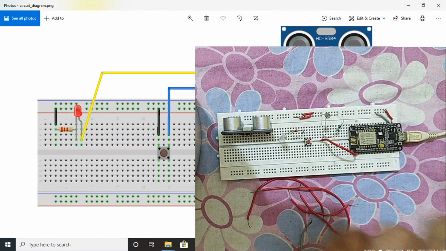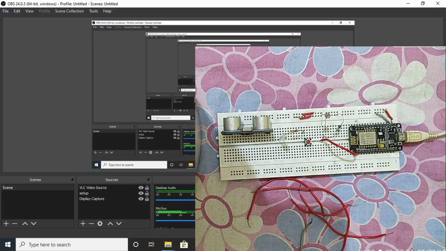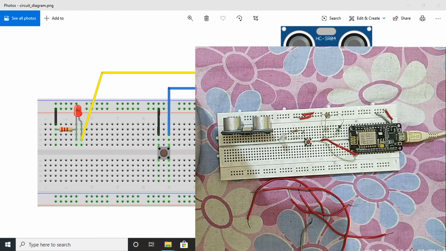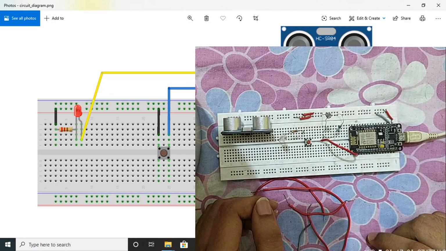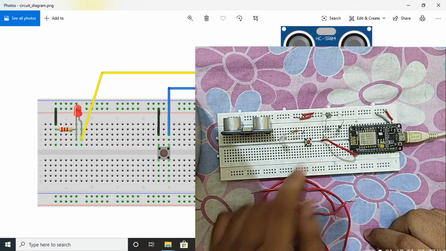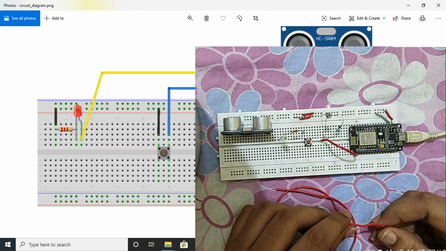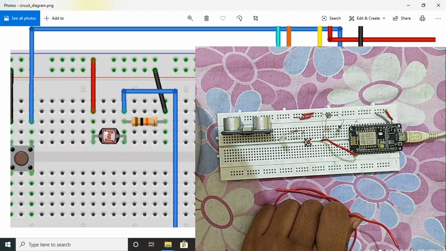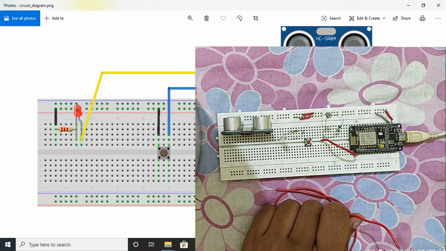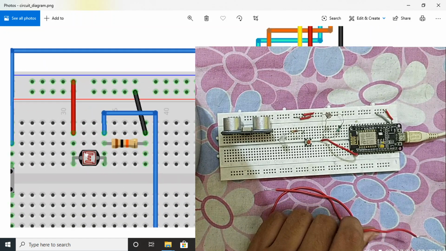Let me check the session if it is working or not. Okay. So our LDR sensor is connected fine. Let's connect this button. Button is connected to which pin? Let me check. It's connected to D7.